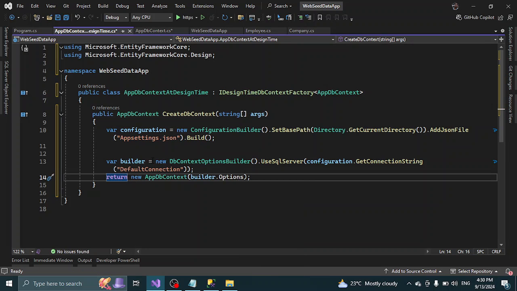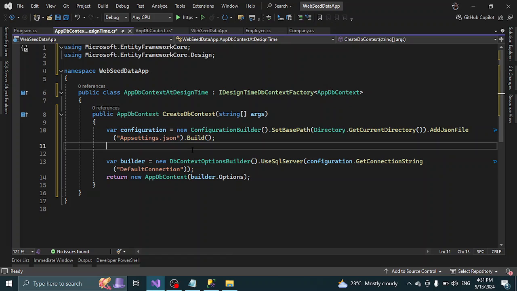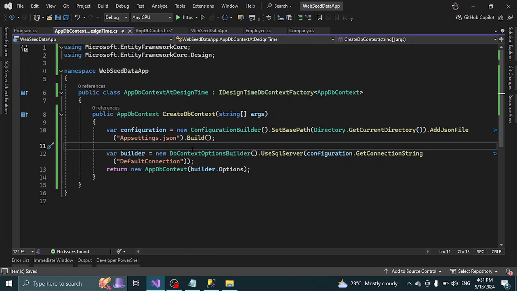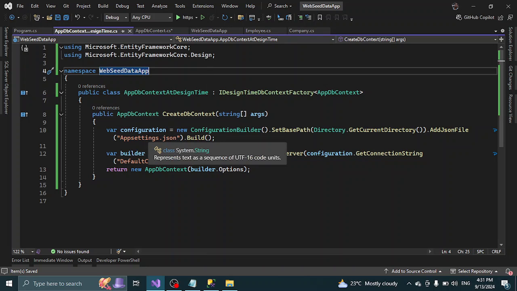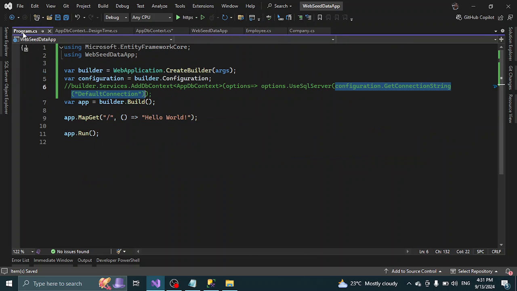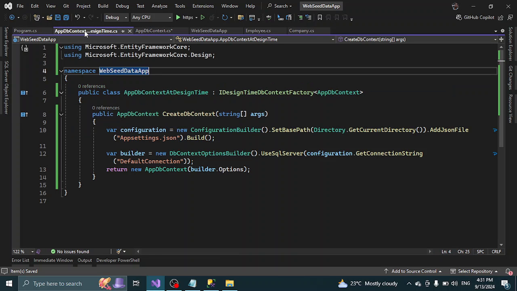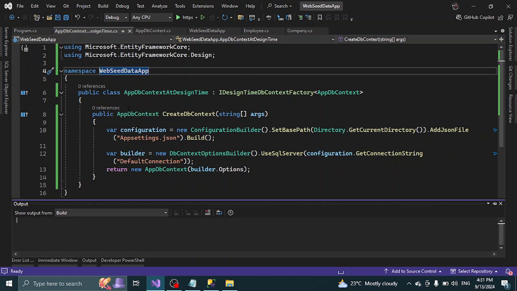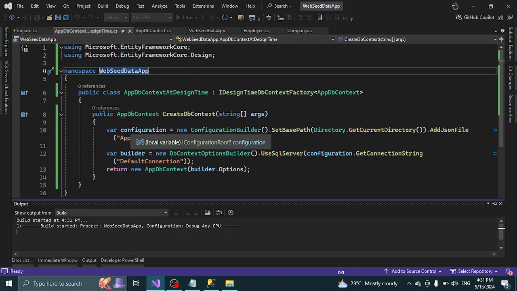Okay, I hope this much is clear to you. What this AppDbContext design time is doing is returning an AppDbContext at design time. Okay, this much is done. Now the question is, if I am not running the application, because when you run the application this code is going to run, but without running it, if I have compiled the application, build, Control Shift B, and then use